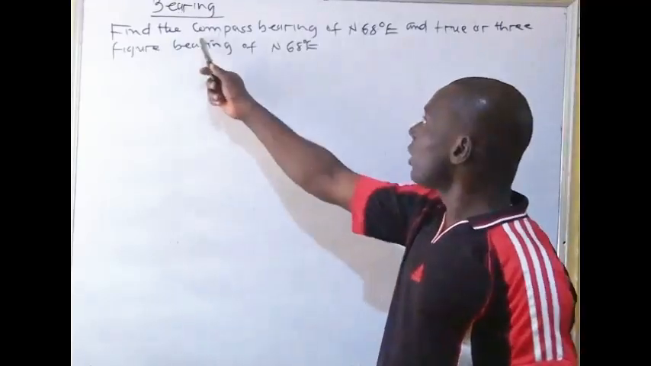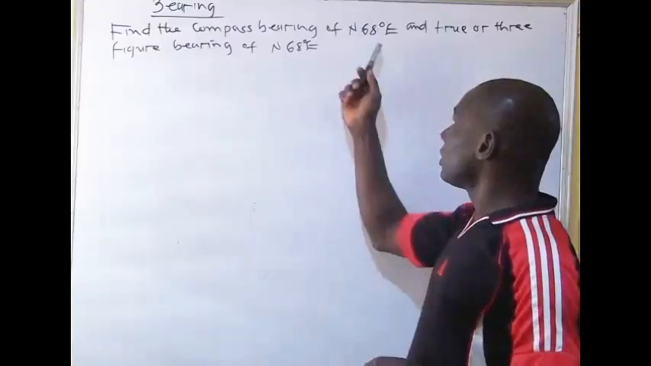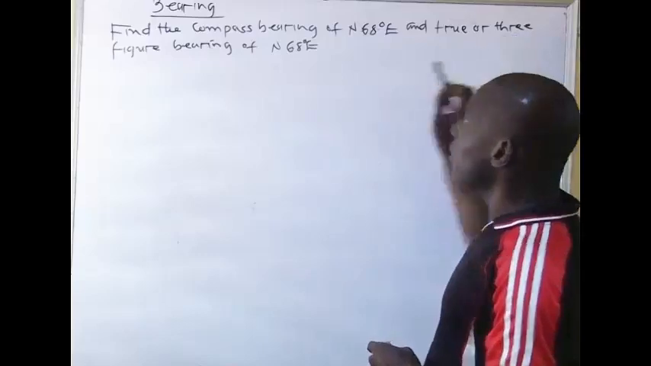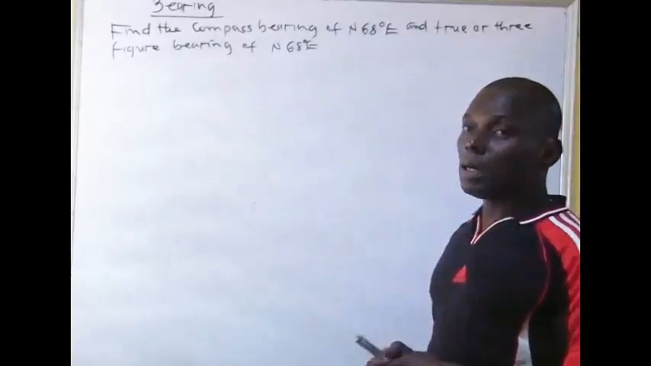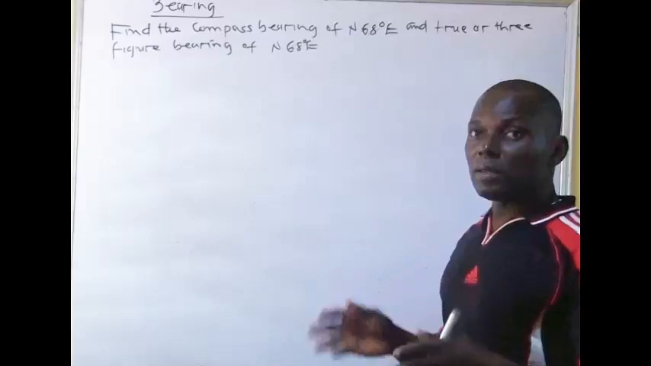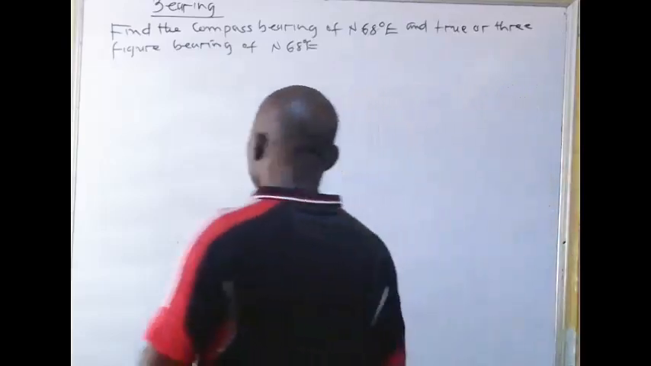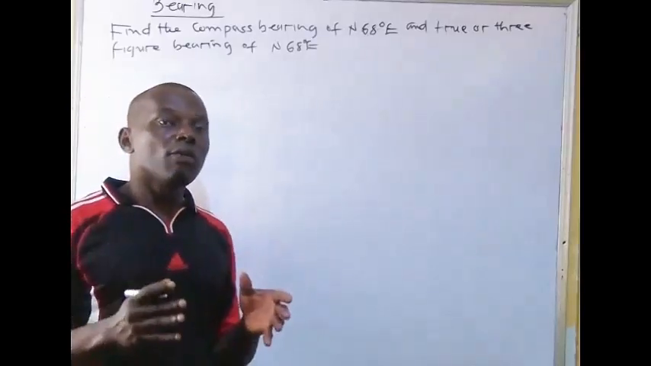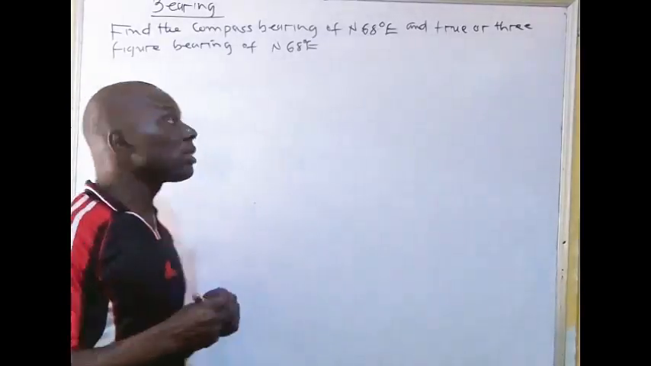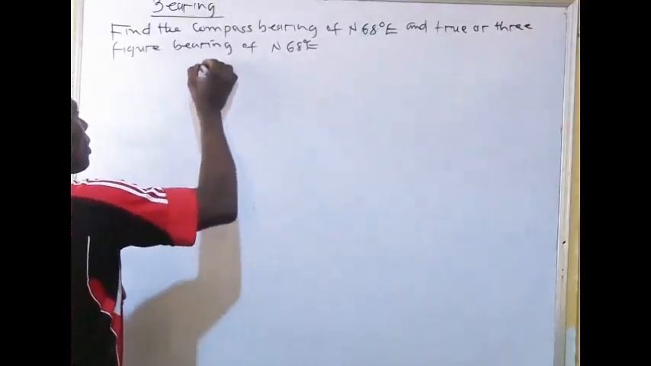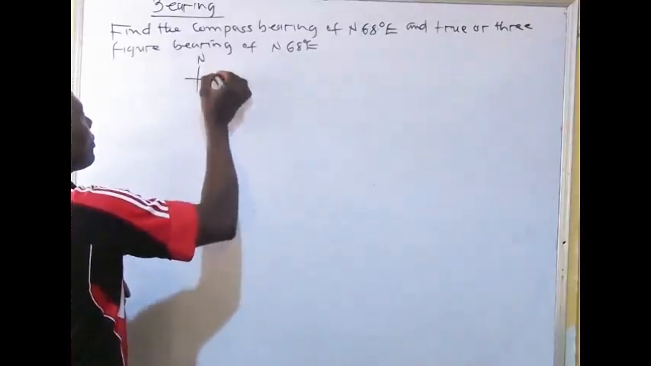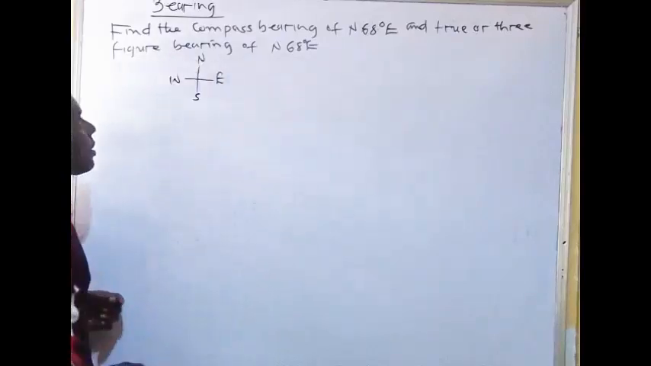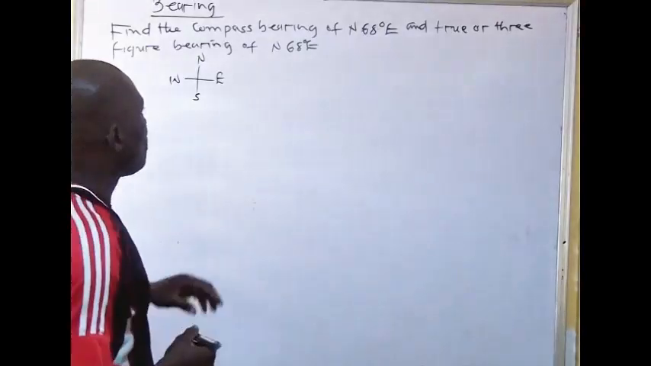The question says find the compass bearing of 68 degree north east and the true or three figure bearing of 68 degree north east. Now in compass bearing, essentially we make use of the four cardinal points: north, east, south, and west. So the first bearing here is